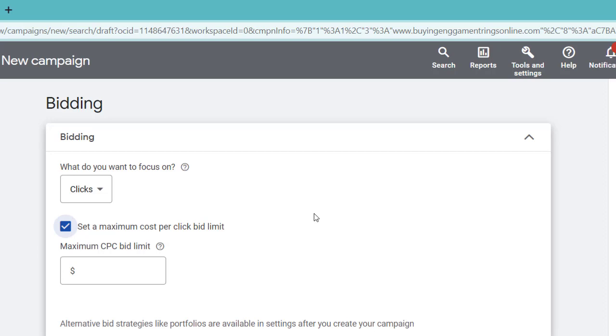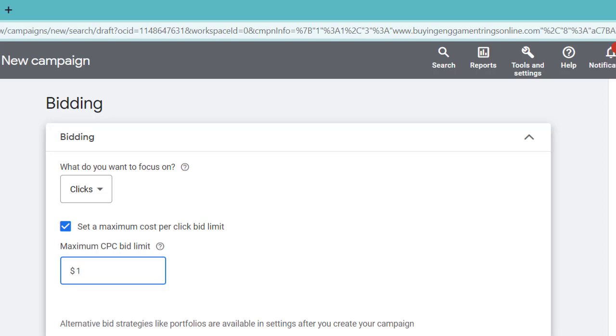If you want to know exactly how the Google bidding system works, I highly recommend watching my detailed video, where we go a lot more in depth about bidding. We are going to leave the focus on clicks and set our maximum cost per click bid limit at $1.